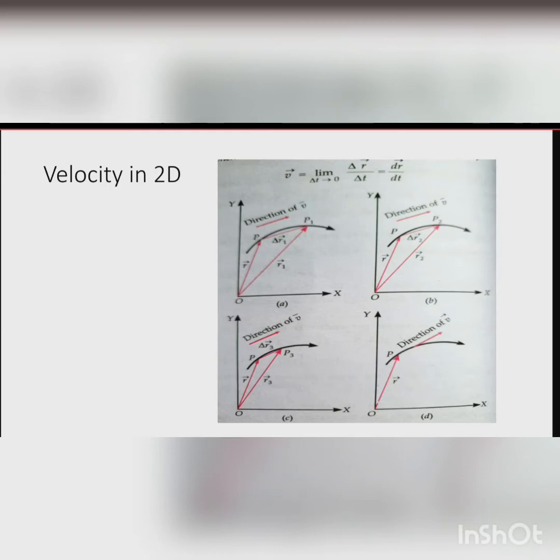Okay, and this concept we are going to use many times. Whenever an object is having circular motion or curved motion, the velocity vector is drawn as a tangent to the path. So now we know the reason why it is drawn as tangent to the path. So how can we say that it's a tangent to the path?